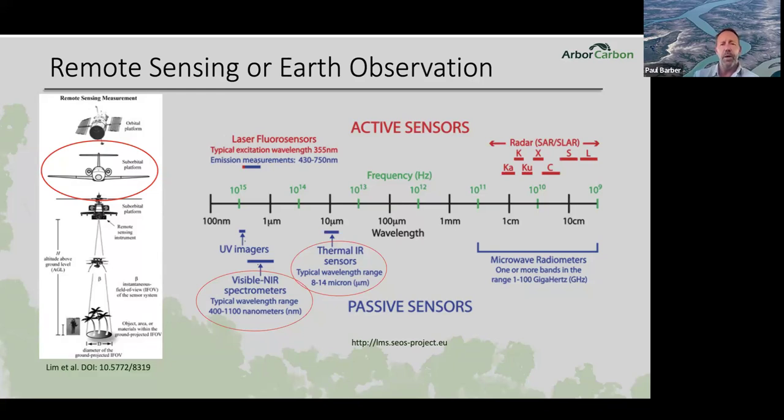So we're typically working in the space of this region, in the visible region, which is around 400 to 700 nanometers, which you see with your naked eye, and then into the near infrared, which goes off into about 850 nanometers, and then off into the thermal. So those two areas there that you see in the red circles. There are many other types of technology, but these are the ones that we typically work in.